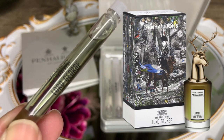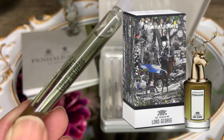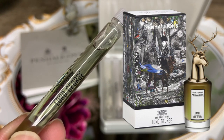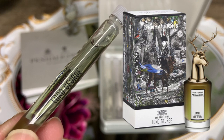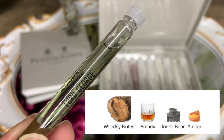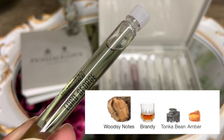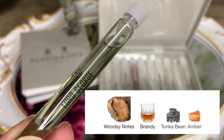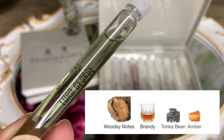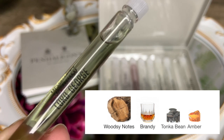So this is another one, as I've said, from the Portraits collection, topped with the head of a stag. I really like the antlers on the head of this. So this smells of woods soaked in boozy rum accord, maybe some leather or tobacco in there, but they were not really listed in the notes. This has some vanillic nuances picking through from the tonka and a little resinous from the amber,